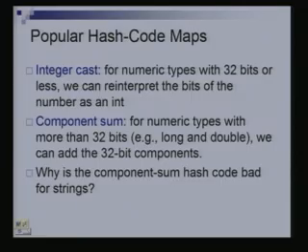Such a trick could also be used to compute the hash code map of a string. Suppose I was using your name as the key. Given a particular name, let's say Ankur, I want to convert it into an integer. So one possibility would be that I would take the ASCII code of A, take the ASCII code of N, of K, of U, of R, add them up, and interpret that as an integer. Okay, you understand what I'm trying to say here?